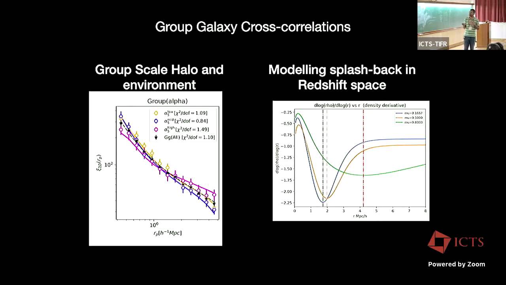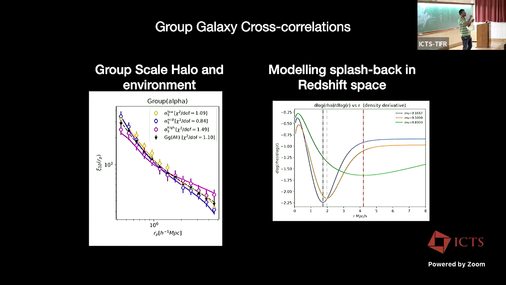You can measure correlation function to much smaller scale within the halo scale. If you have deep enough sample, you'll have very precise measurements. So this is a measurement from real data you can see already. And what you're going to see is that in different tidal fields, so these different colors, low tidal field versus high tidal field, the slope of the halo profile is different. And you can also look at the derivative of your density. This is the correlation function. You can look at the derivative of this. And if you model that, you're going to find this minima, which is what we call splashback